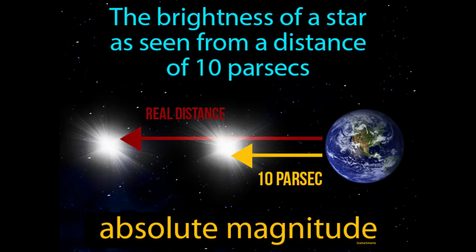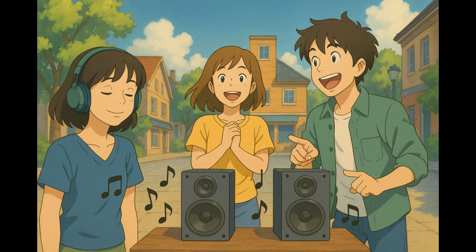The brightness of a star as seen from a distance of 10 parsecs. Absolute magnitude. Absolute magnitude is a measure of how bright a star would appear if it were 10 parsecs away from Earth. Imagine you're trying to compare the loudness of songs played at different distances in a crowded street. Just like how you might struggle to gauge